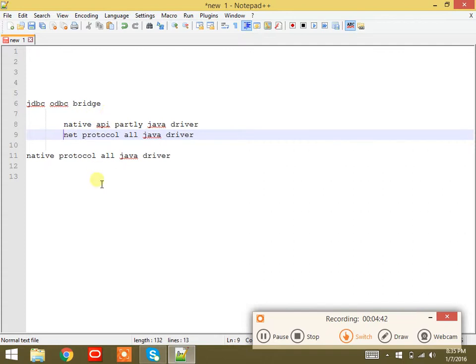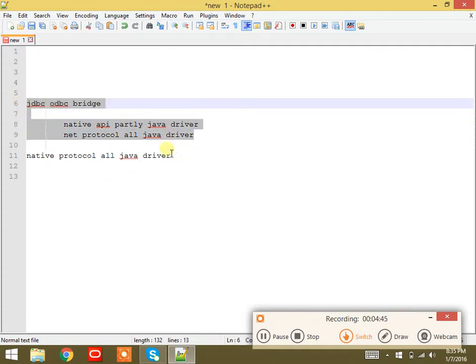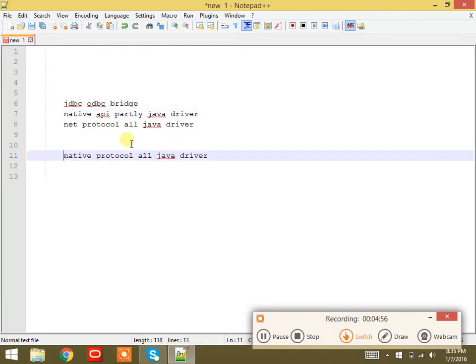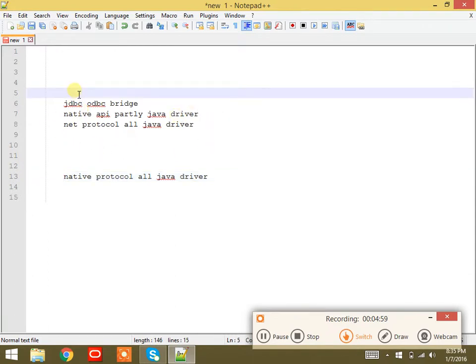Whereas 1, 2, 3 are considered as thin drivers. Types 1, 2, 3 are freely available drivers, open source, and can connect to any DB.